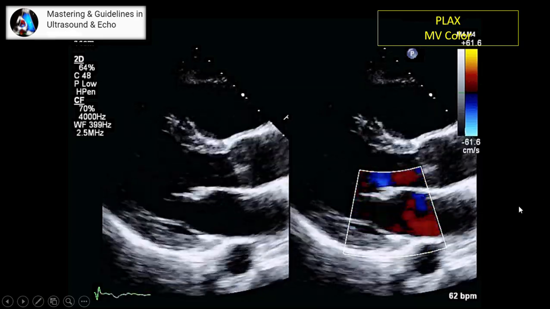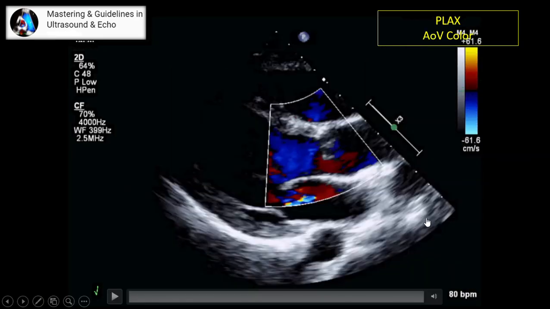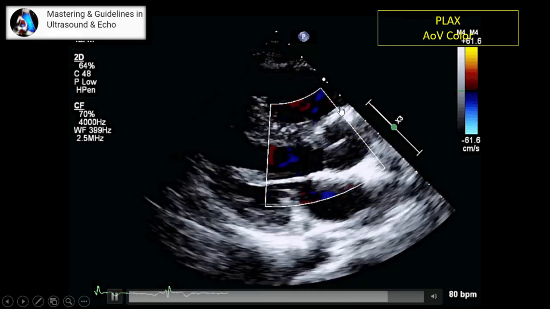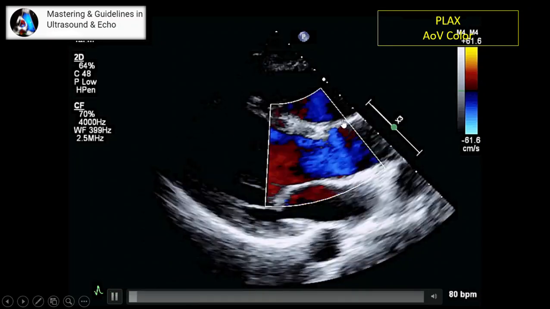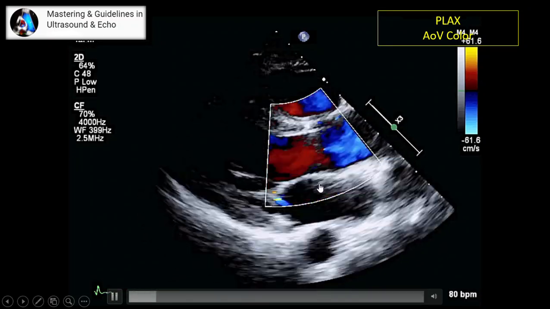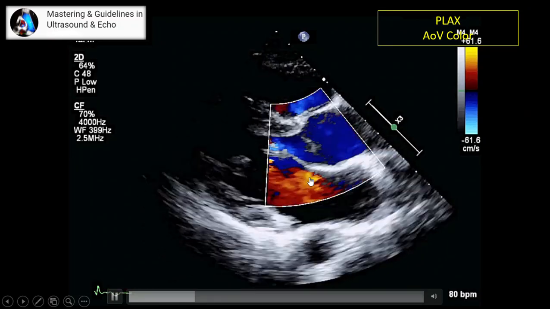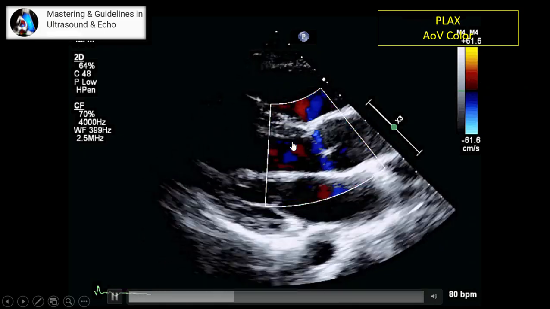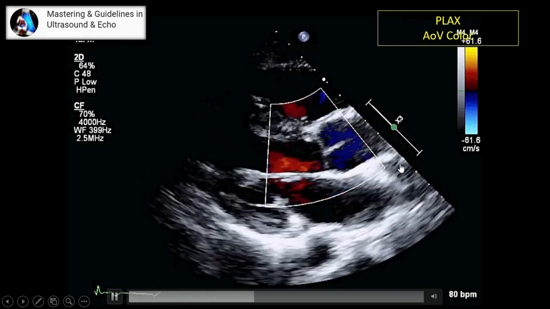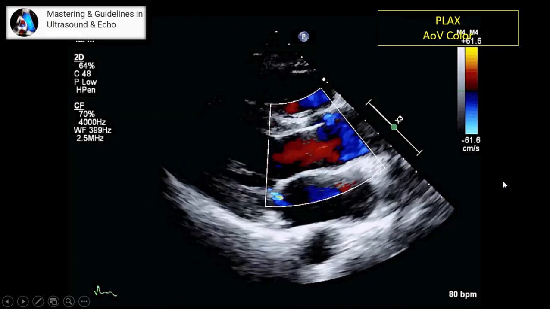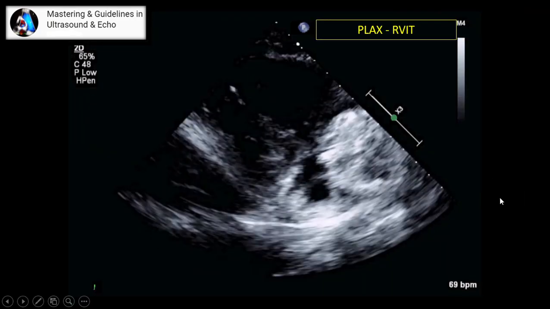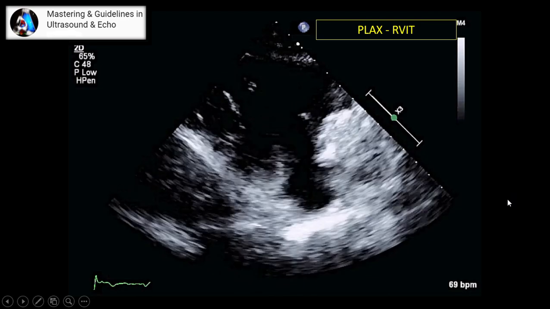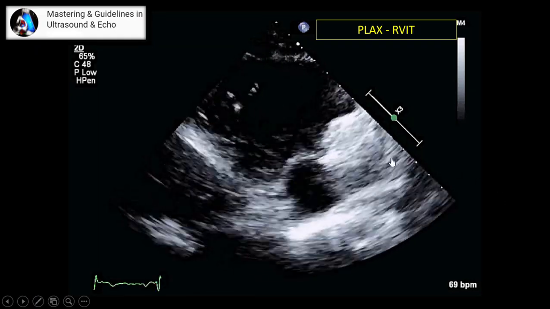After the mitral valve we go for the aortic valve and put the color in a way that covers some part of the IVS, aorta, wall, aortic valve, and part of the mitral valve, and should have a little LVOT. After finishing with the color and the same maneuver we do for checking any abnormal jet and blood flow, we go for the right ventricular inflow tract or